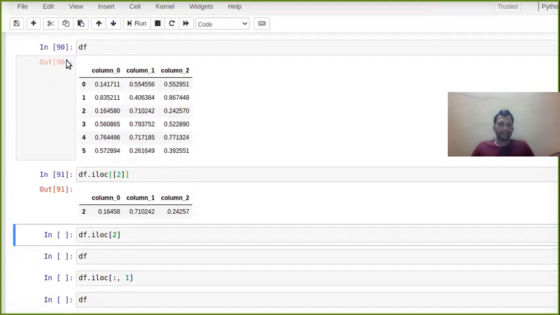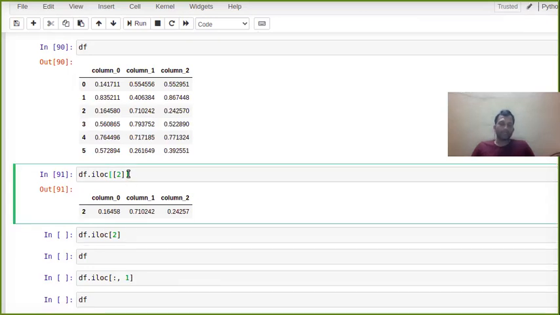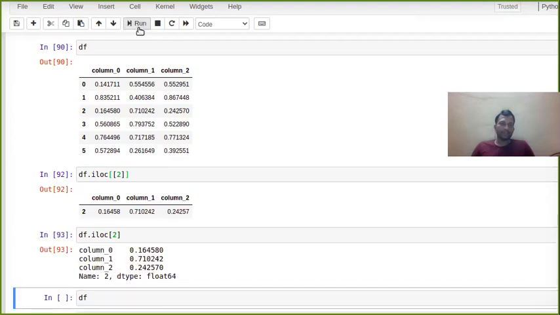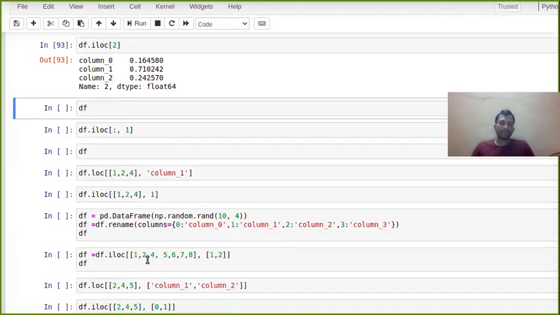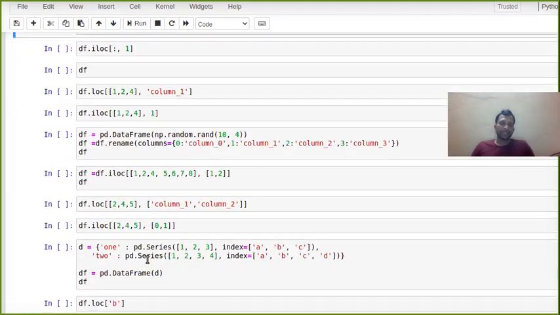Whatever is there, it has printed. I told you, double bracket will always give you data frame type. If you are giving single bracket, then it will be simple like a list, like that is showing.